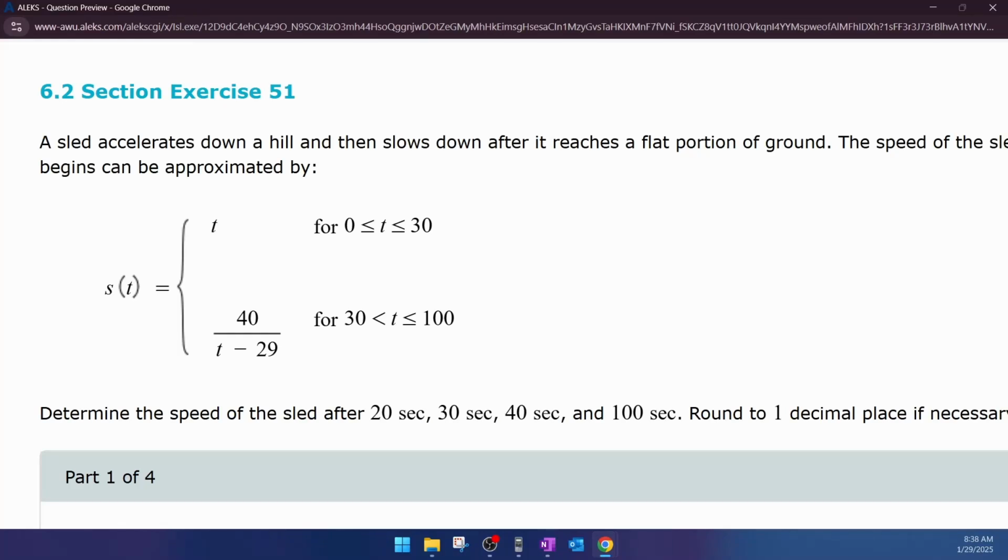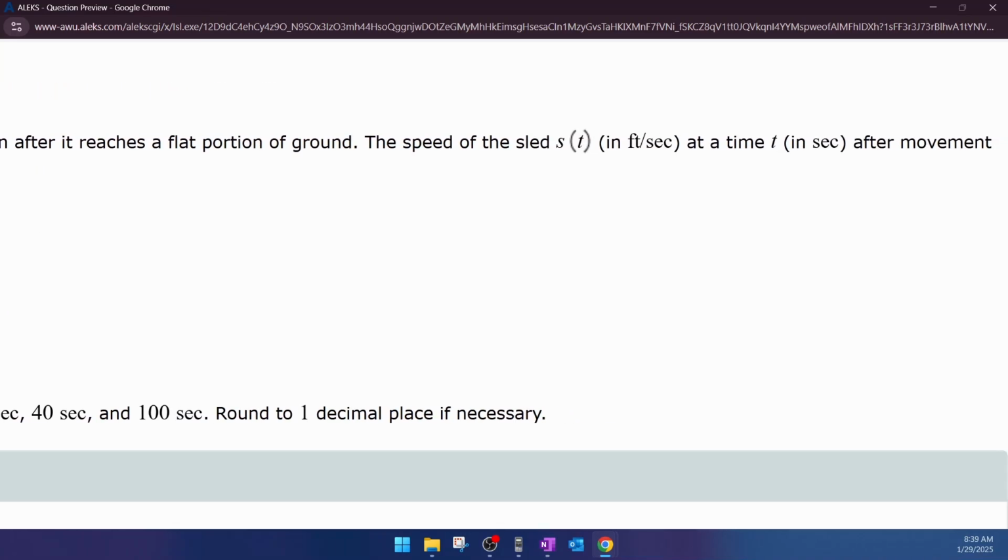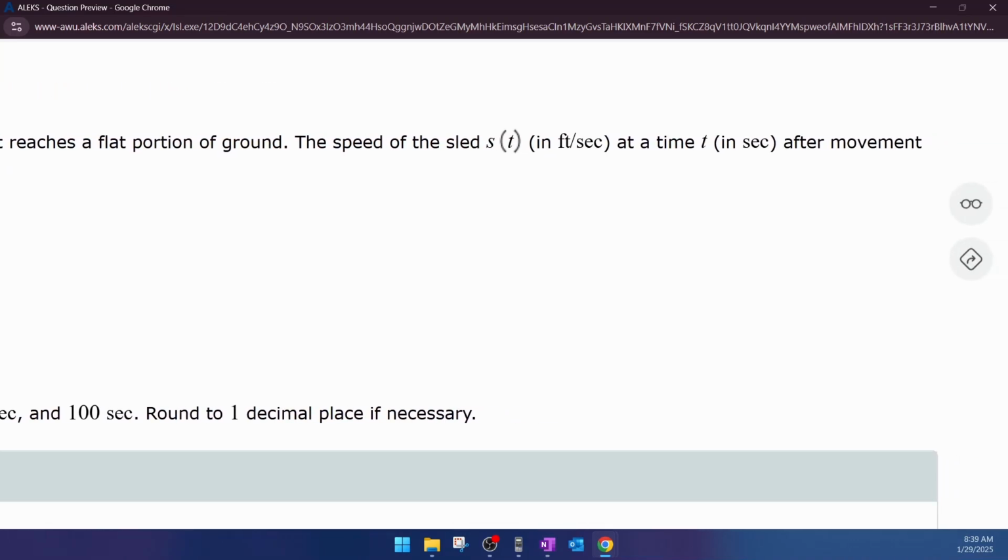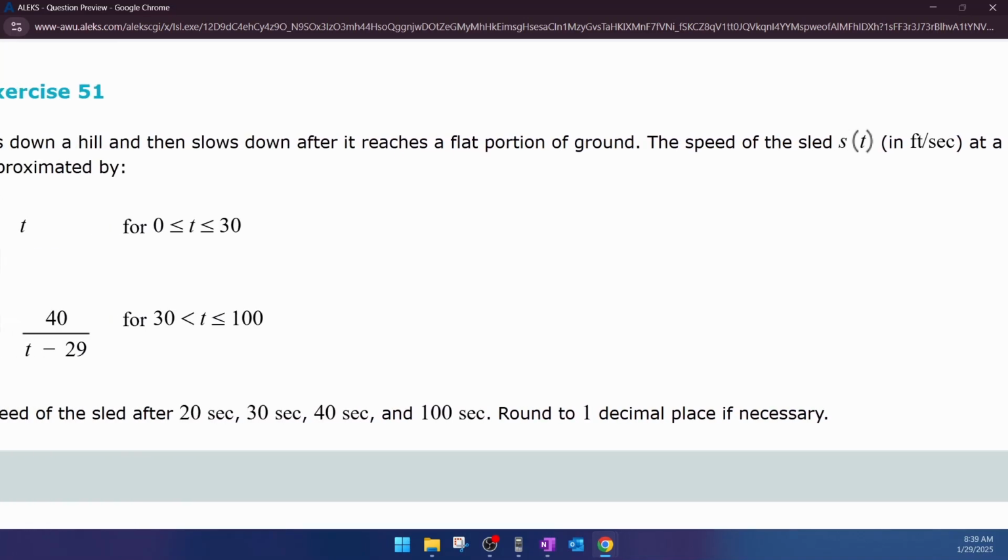Question number 11 from our college algebra homework number 1 in ALEKS. We have a word problem that involves a piecewise function. A sled accelerates down a hill, then slows down after it reaches a flat portion of ground. The speed of the sled, S of t, in feet per second, at a time t in seconds after movement